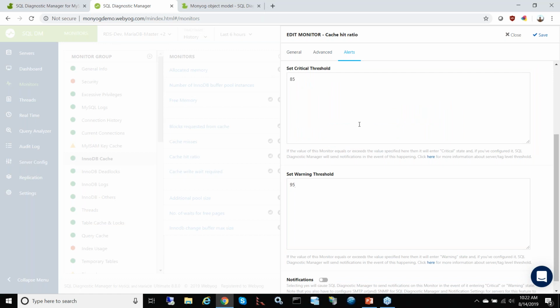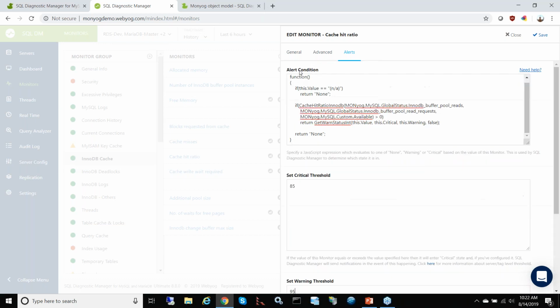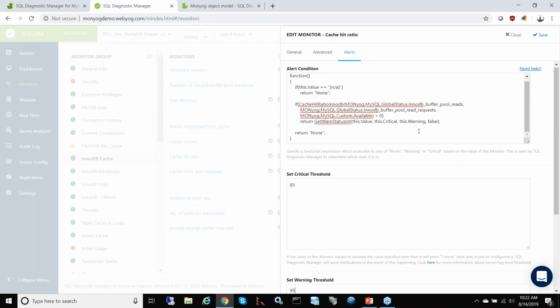So if I need to put conditions in here based on server names or tag names or time of day, all that's available too. I could make this an if structure and change the critical threshold based on tags, based on servers, based on time of day, based on whatever I can put inside a JavaScript function. But the architecture, the infrastructure of DM from MySQL is just running this function, and if it returns yellow, it